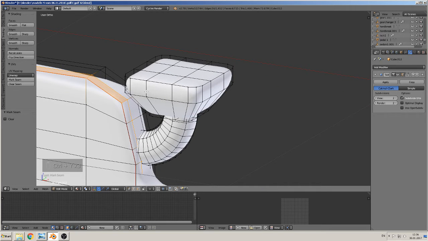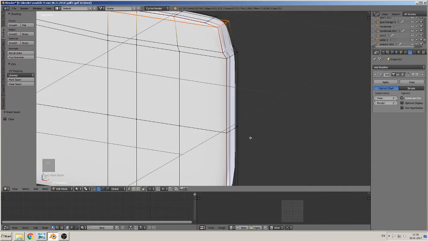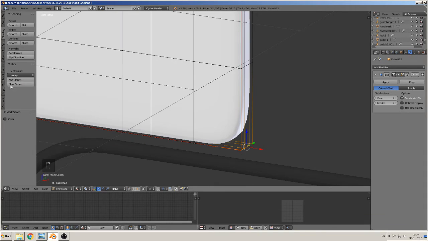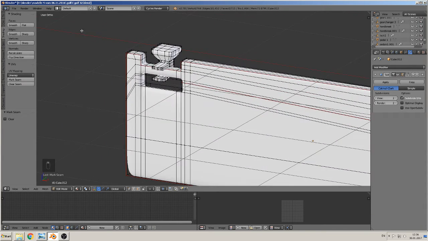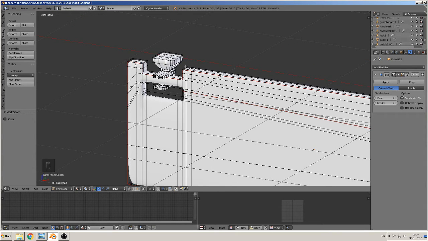Oh, sometimes I hate it, really. So this here we mark seam. Then that here we mark seam. And this one we'll add, and that will add too. So we can mark here these things,